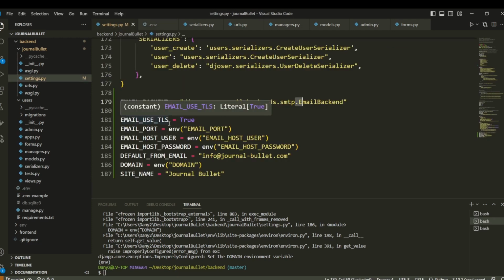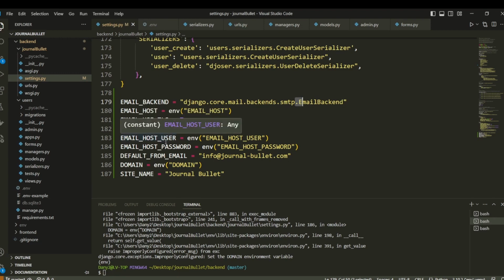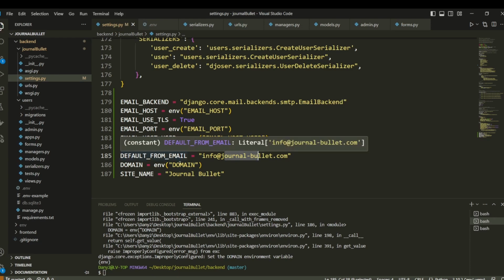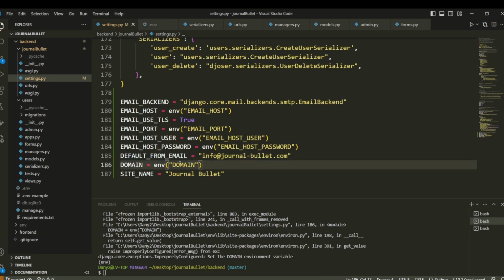The email use TLS, we have to put this equal to true. The port, we also have in our environment variables. The email user and password also. The default from email is how it's going to appear in the email message. So I put here info at journalbullet.com, the site name Journal Bullet, and also, very important, this is essential, crucial even